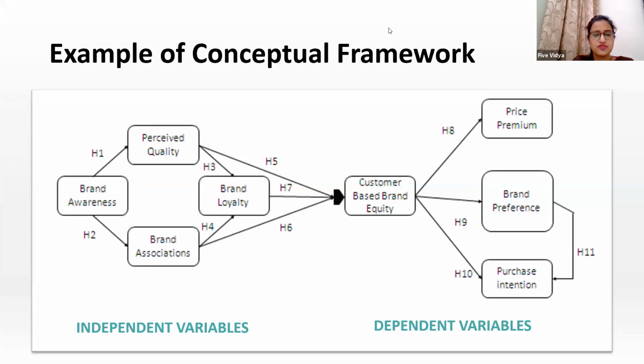Vikas asks: can you explain how to extract variables in a review? There is again not a fixed format for extracting variables. You have a main topic. Let's say I have brand equity as my main variable in my topic. What I will do is review all the articles and references, and whatever I feel is the most relevant variable that I can find and use in my research,